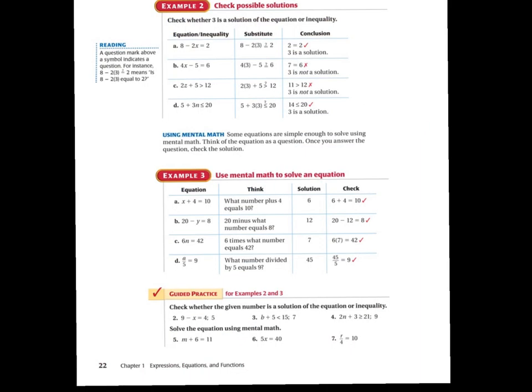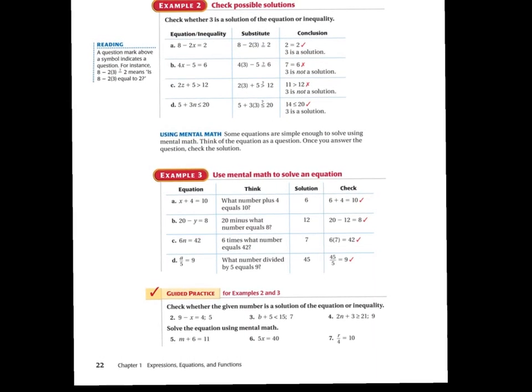And I find this next section kind of funny here for example 3, because they're pretty much acknowledging that you're going to look at some of these problems and you're going to know the answer immediately, and you're not going to think a whole lot about how you got it. So they're calling that using mental math. Really, these are just straightforward problems. Okay,